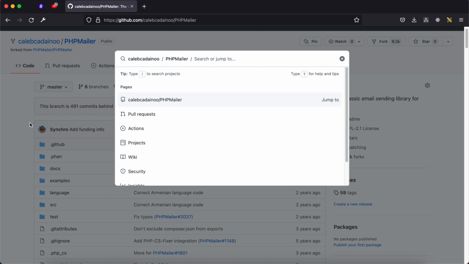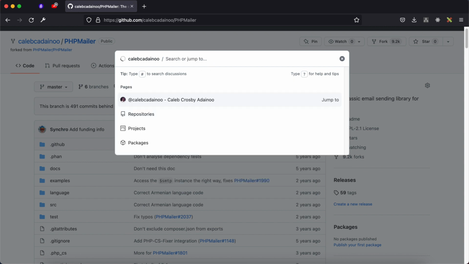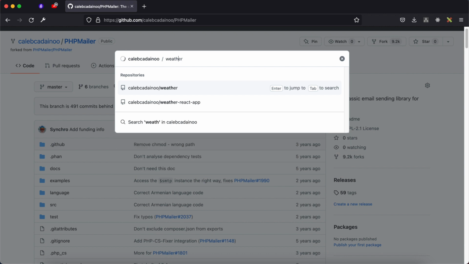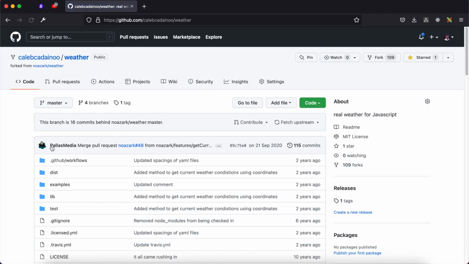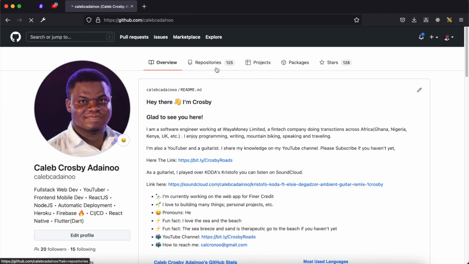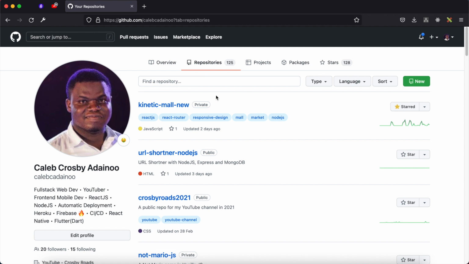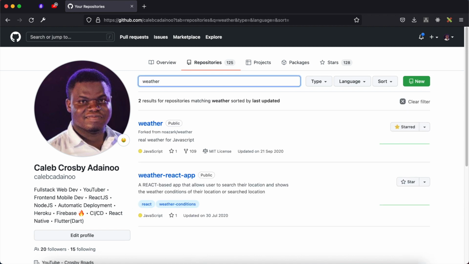While I'm here, I can jump from here to one of my React projects. So this is a weather app that I worked on. So I don't need to go back to the conventional way where I might have to navigate back to my repository list page like this and then search the weather like that. So I can be here,